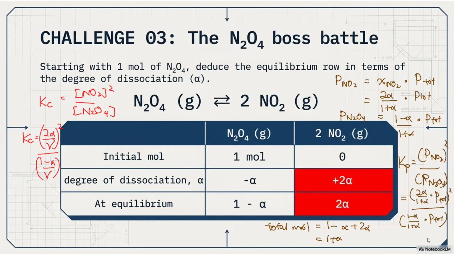That is how you express Kc and Kp for the case of N2O4 to NO2. So just remember step by step how to calculate this, and I'm sure no matter what equilibrium is given to you, you'll definitely be able to do it. For examples, you can look through the modules, because I already show you how to calculate some of them. If you have any questions, you can always leave a comment, and I'll try my best to help you solve it.